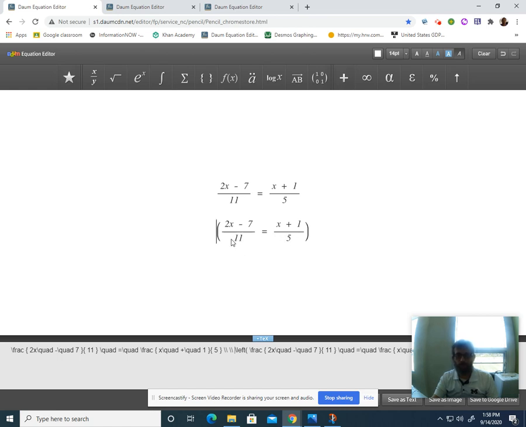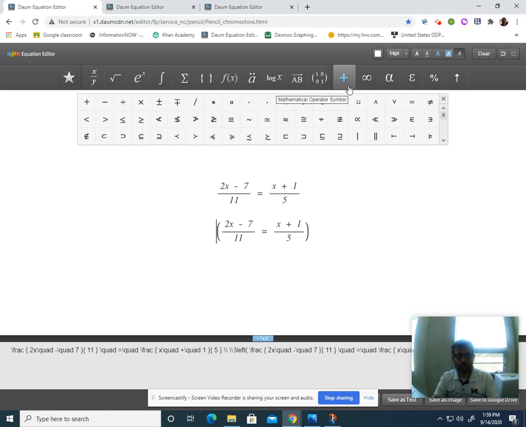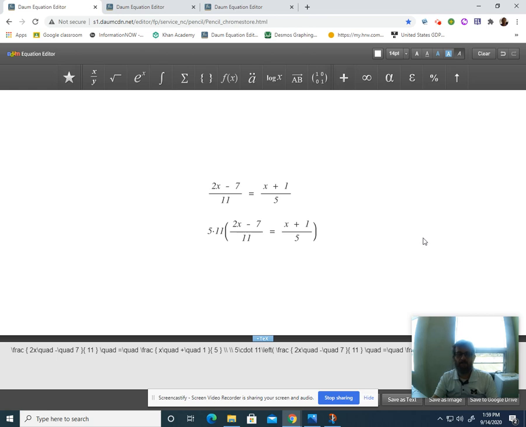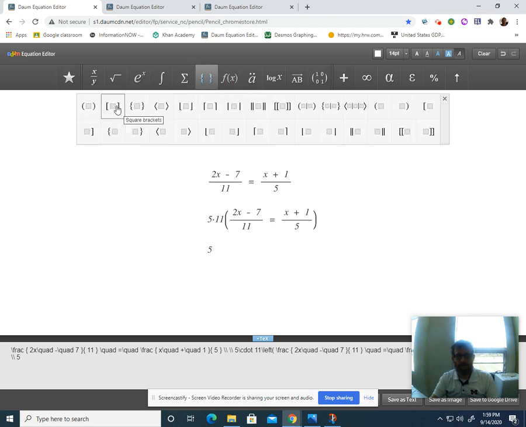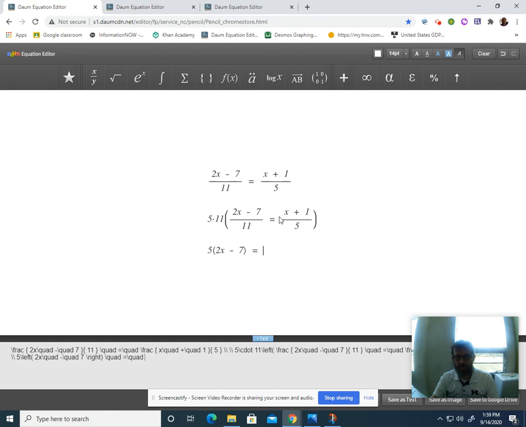Because both denominators, one is 11, one is 5, share no common factors, the common denominator is simply their product. So we're going to multiply the entire equation by 5 times 11. Why do we do that? As we distribute this 5 times 11, when you take this times the first fraction, the 11's cancel, and you're simply left with 5 times (2x - 7). On the other side, the 5's cancel, and you're left with 11